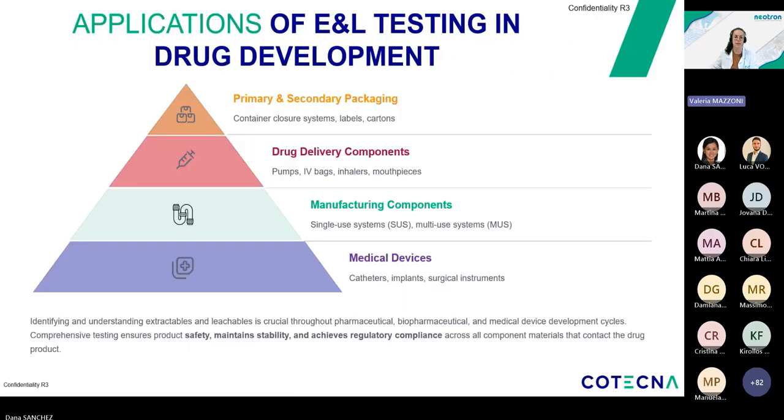And as just explained, extractables and leachables can originate from several sources across the product life cycle, but which are the main actors? First, we have packaging materials, of course, like primary and secondary packaging, for example, containing closure system, labels, and cartons. Secondly, drug delivery systems such as inhalers and syringes have to be also taken into account. And these components in particular pose a higher risk because of their direct contact with the drug or the patient's